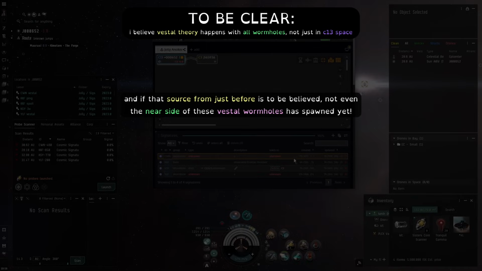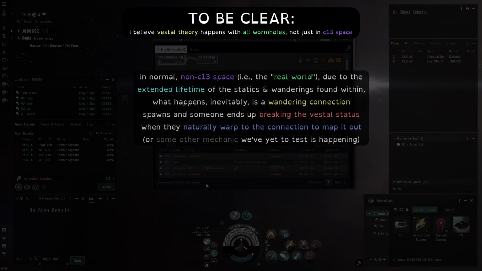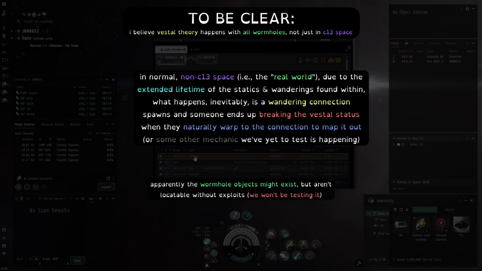So in theory, we can let these rack up as high as we want. I haven't seen a limit yet. I saw one that was about 2 days, like 42 hours, right? And this is what I mean by Vestal. When a wormhole is Vestal, it means it doesn't exist yet. It's just a wisp. It's just a signature, a wisp in the wind. And when you understand this idea of Vestal wormholes,